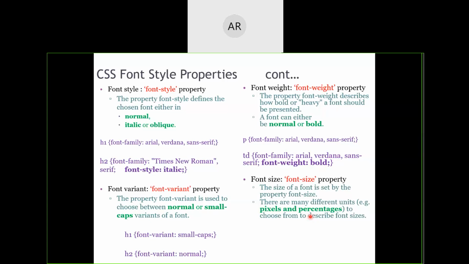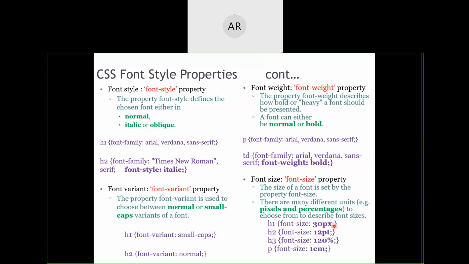So what should this size be? We have to mention it in terms of pixels and percentages. We can have 30 pixels or 12 points. The 10, 11, 12 that I was speaking about is pt over here. This is optional. If you wish, you can write it, or else you can skip it, but it is always preferable to write it.